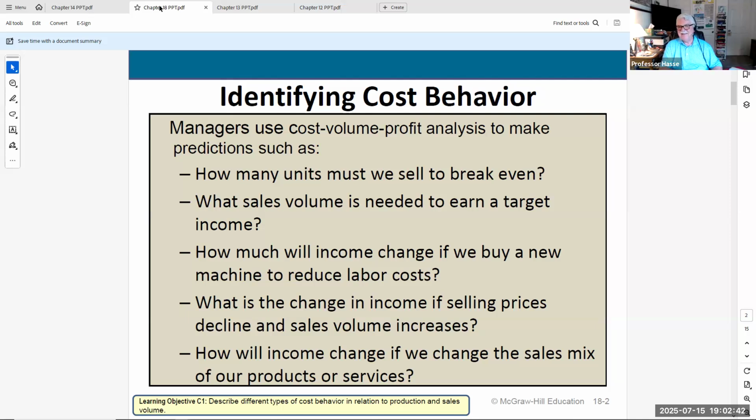This class has 8 students in it, just enough to break even, where the university is covering all their costs in this class. Why is that important? Because you want to know, as a manager, are we paying for or covering all our costs in the retail price and service of our product? That's what chapter 18 is about, cost behavior, the break-even analysis, and we'll be going over this when we return